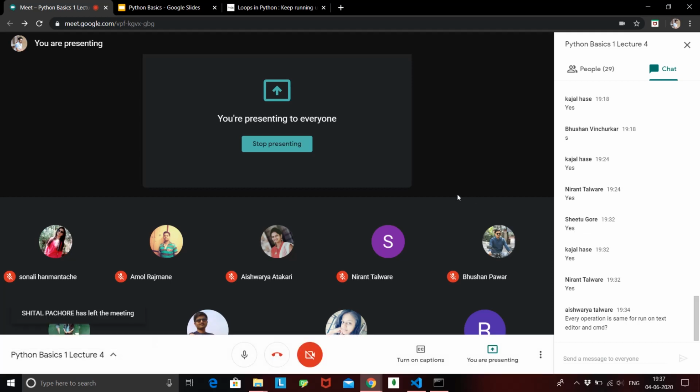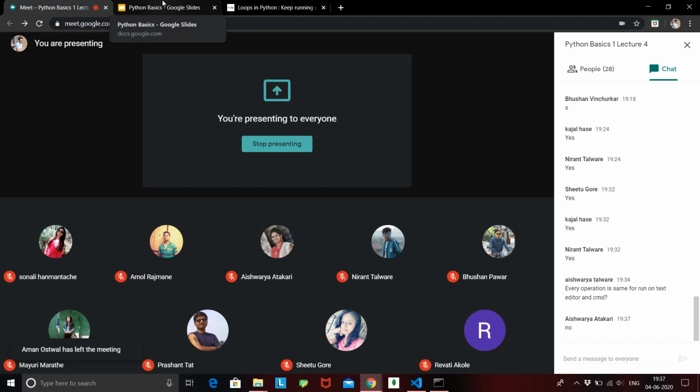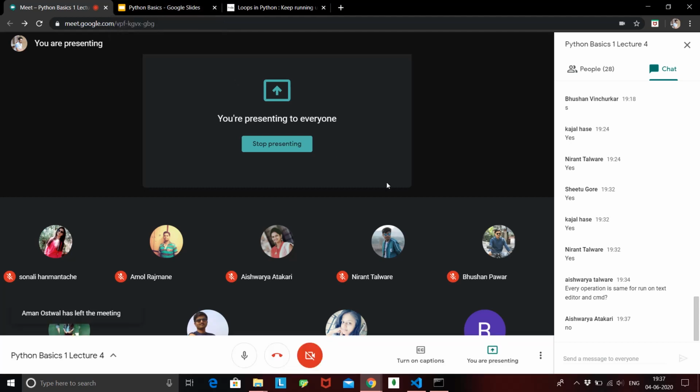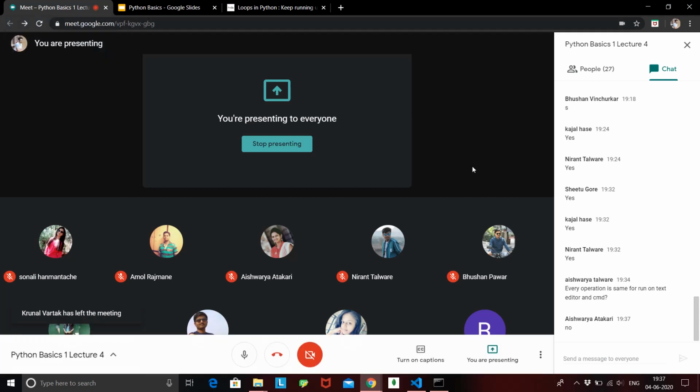Okay, so we'll be stopping over here for today, but this was a very quick and fast introduction to if else statements and the loops. I hope everyone does the given assignment by tomorrow, and if you have any errors or any doubt, just put it on the groups and we'll solve it. Do as much practice as you can for the loops and conditional statements, because they are very important.